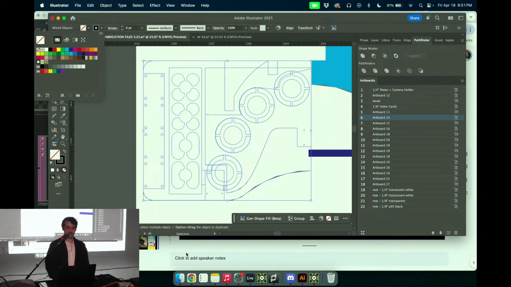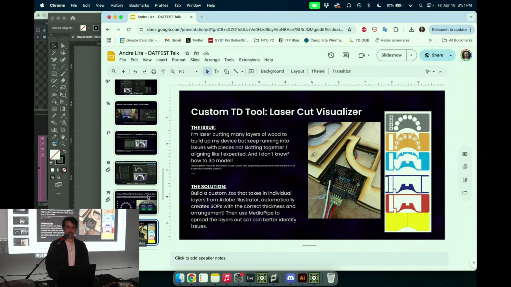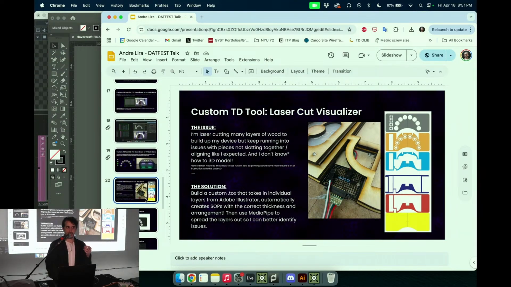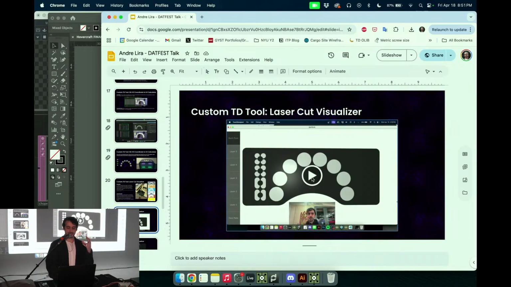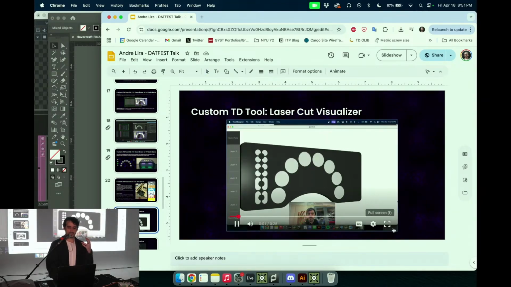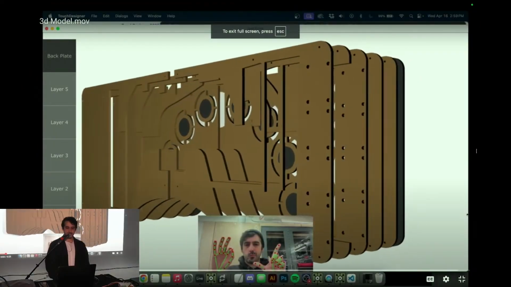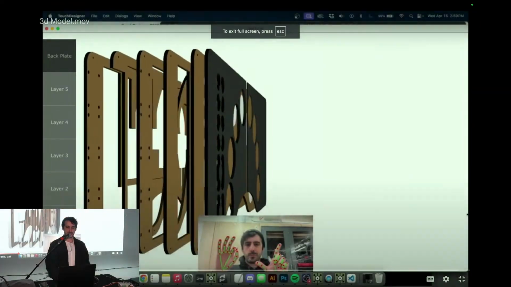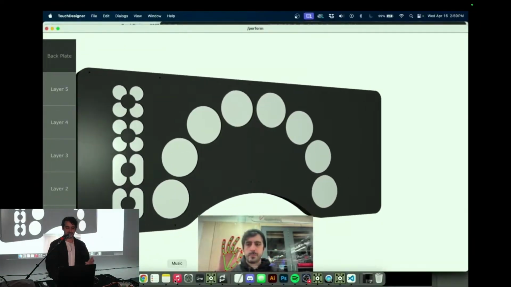So what I did was I created this Tox where I could import these files automatically. It would create a 3D geometry of it, and extrude it to the right thickness. And then I could use MediaPipe to play around and explode it in midair. So this is what I made, and it looks like this. And basically it allows me to create this 3D model, which I've never seen in TouchDesigner,